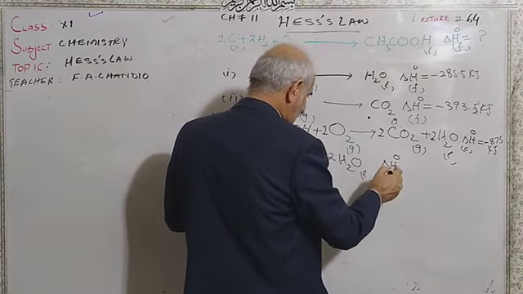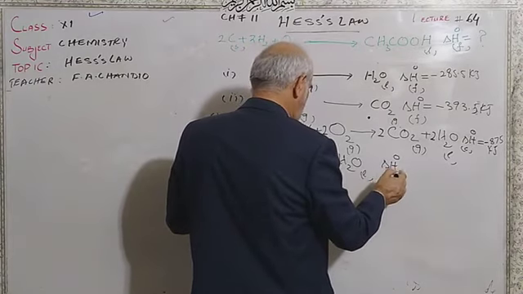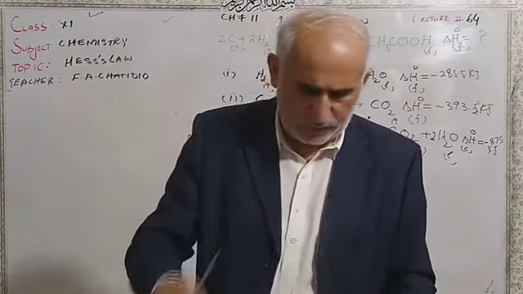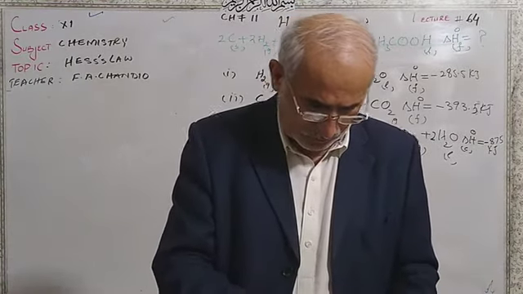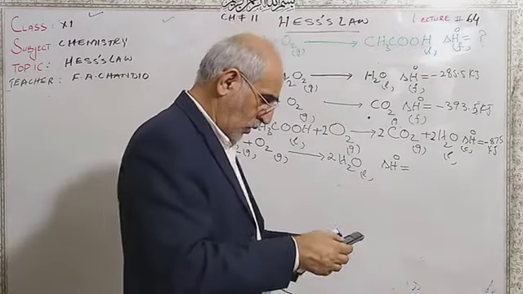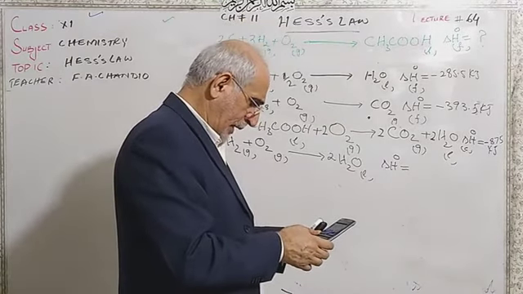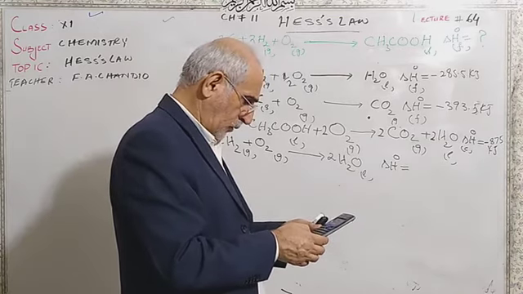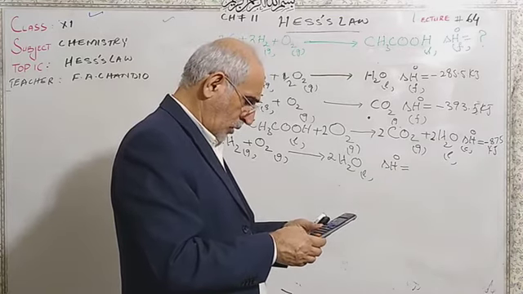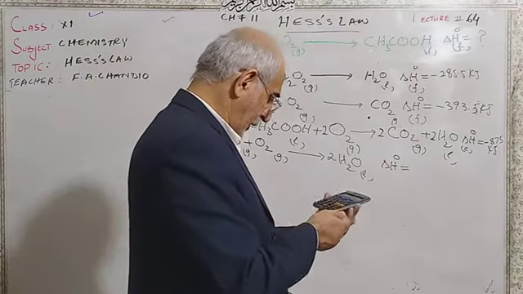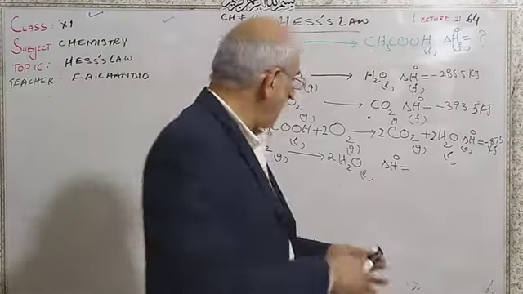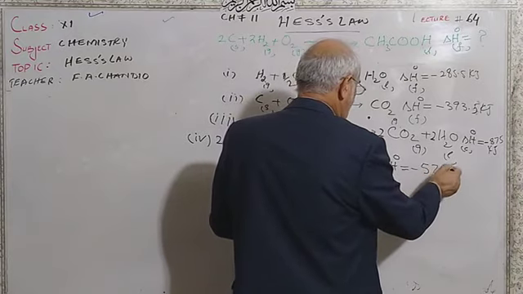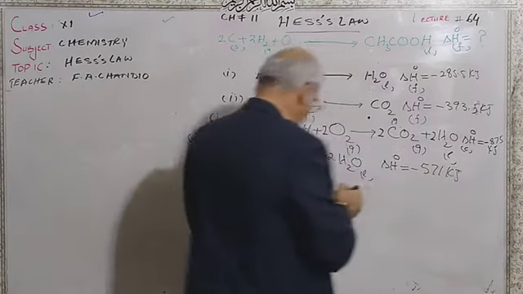Delta H naught is equal to 285.5 multiplied by 2. The answer is 571. So I must write minus 571 kilojoules